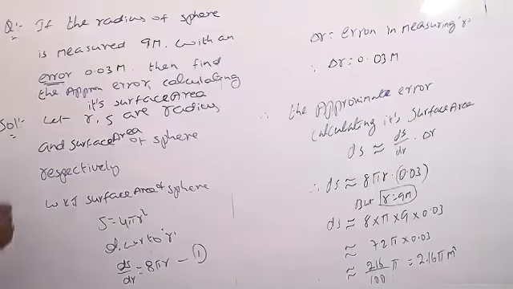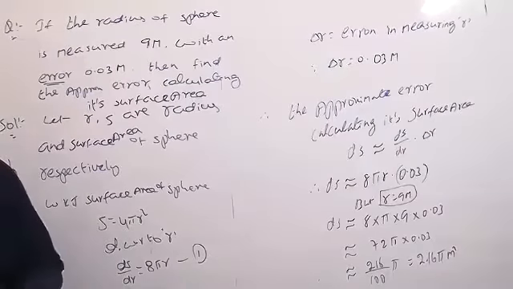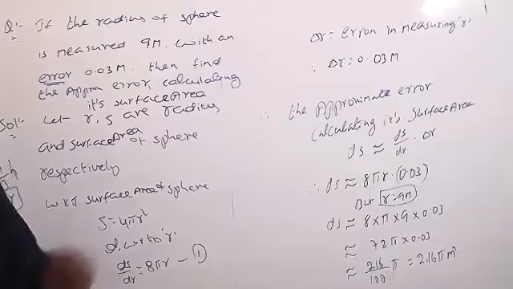Maybe the radius of the cylinder equals 1/3 of the height of the cylinder. In that case what will happen? The height equals 3r. That means in the volume of the cylinder, in place of height you can write 3r. Completely we are getting it in terms of radius. Is that correct? Then you can differentiate, because it is like the same problem.